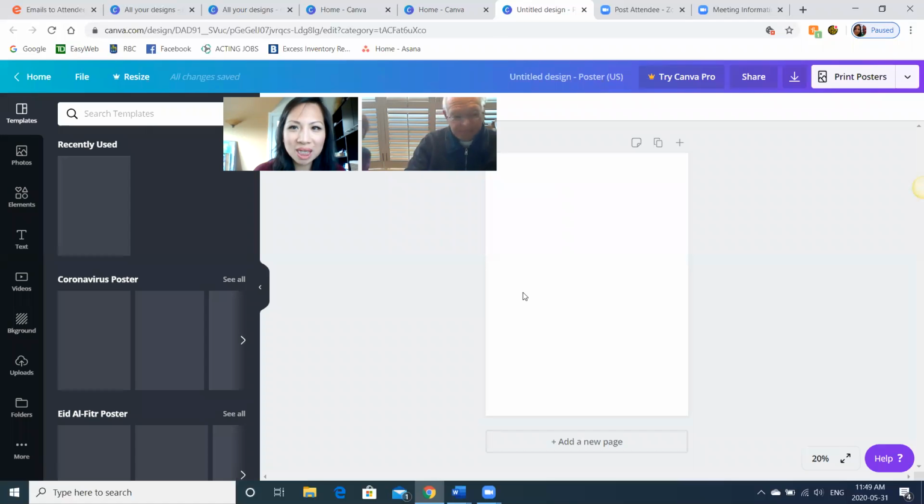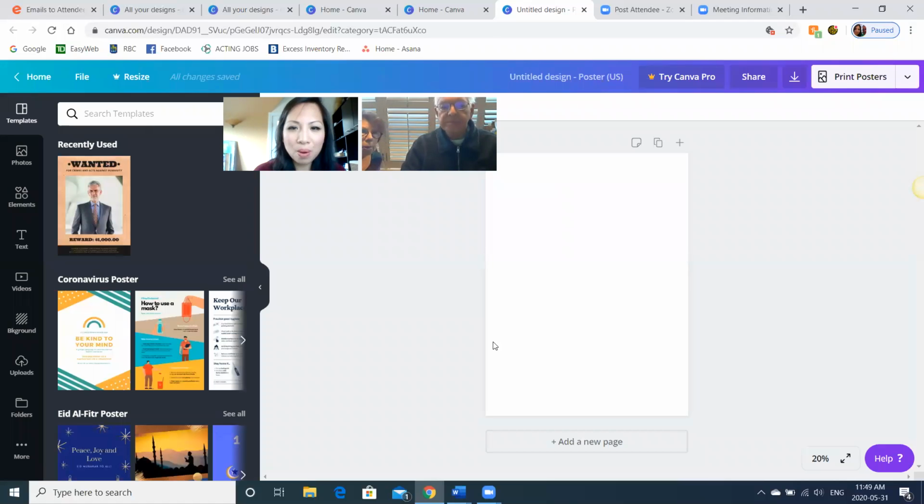this is what you'll see. It brings the poster right into the space. This is your working space. So I'm going to go over the main features that you need to know. Once I click poster, it creates a blank canvas that's already 18 by 24. And you can start working on this blank canvas, or you can start using templates to help you,